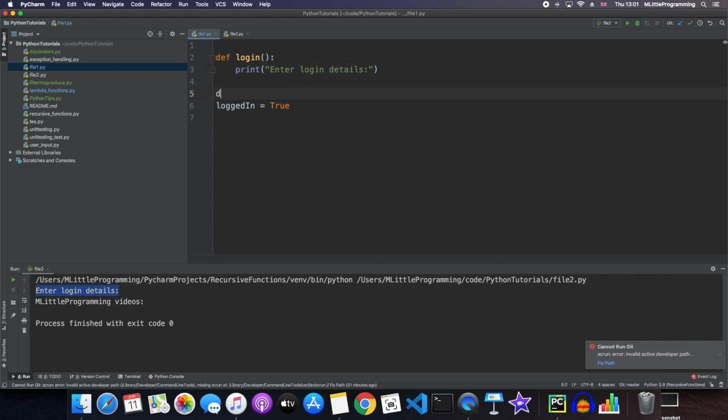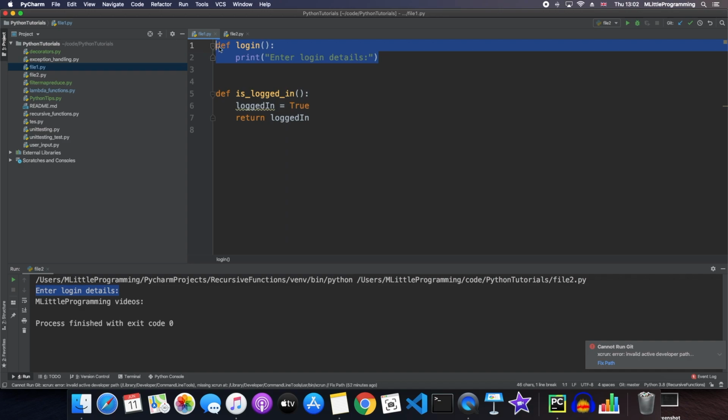And then we want a function to check that we can call to see if the user is logged in. So we create a function is logged in. And inside this function, we're just going to return the value of our logged in variable. We also want to check that this login details is only called when this is the first file that we've called. So that means in terms of our name variable,